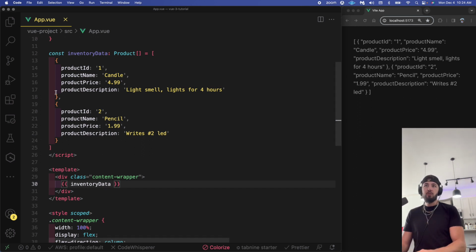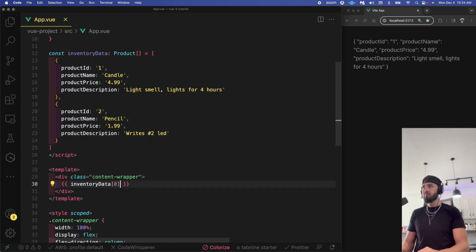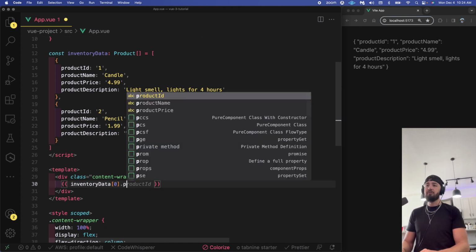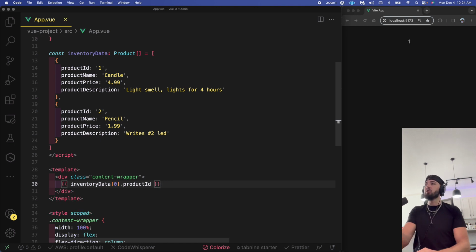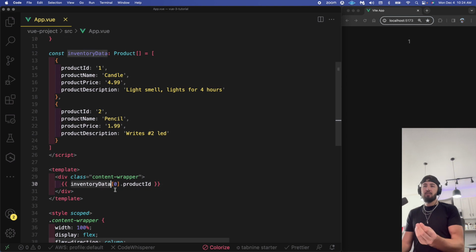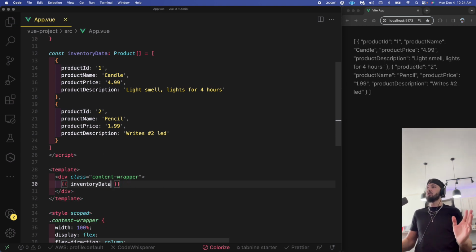Now you can do stuff like this in another front-end framework. You can pop in the data, but you have to define things like this. You have to build out your whole piece of data that you need. So if I want to access the first object and I just want to access the product ID, I have to predefine these things before using it on the DOM. And Vue is not like that. Vue is out of the box. You can throw whatever data you want on the DOM on the front end. And it's super, super, super helpful because